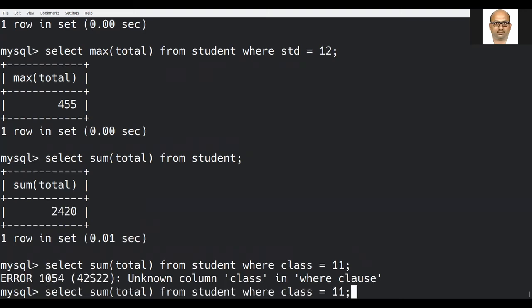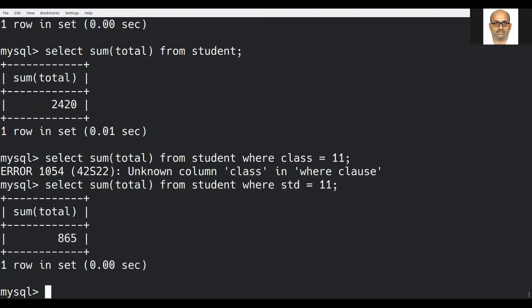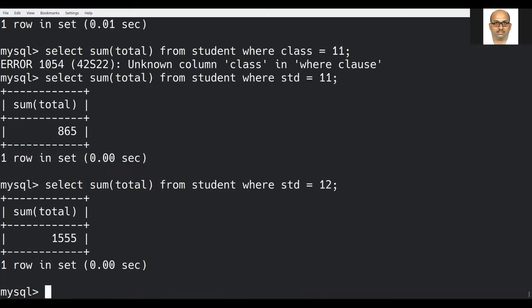We do not have a field called class. Unfortunately, it is standard. So it is 865. Whereas if I change this to 12, we have 1555. 1555 plus 865 gives me 2420, the previous total we obtained. So this is correct. This is with respect to the aggregate functions.